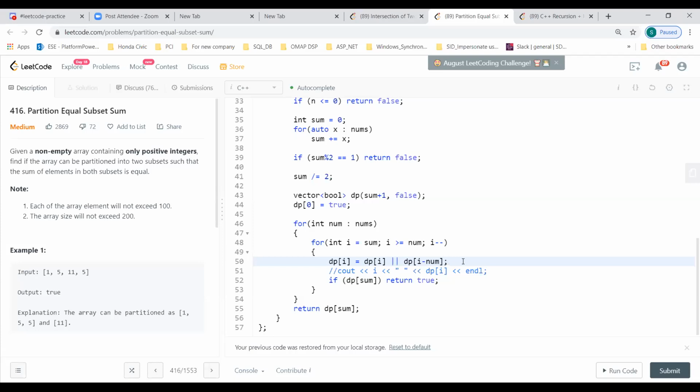We'll have to change this, because the condition is always I greater than or equal to num, so it never goes negative. Yeah, that condition will be automatic for the nested for loop. But even if I go from left to right, I won't be able to implement this one, right?